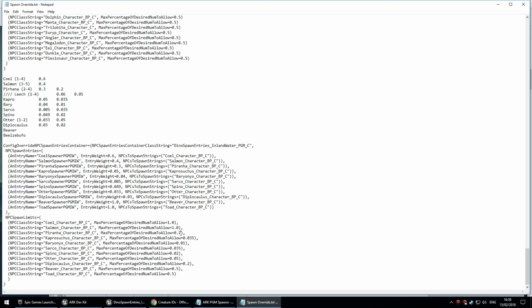So you can see there it is, 0.2, and so on. Now for the beaver and the toad, in the probability, I've entered 1.0. So there will always be a beaver and there will always be a toad, up to a maximum of 50% of the overall total. So what you could have is a lake half full of beavers, half